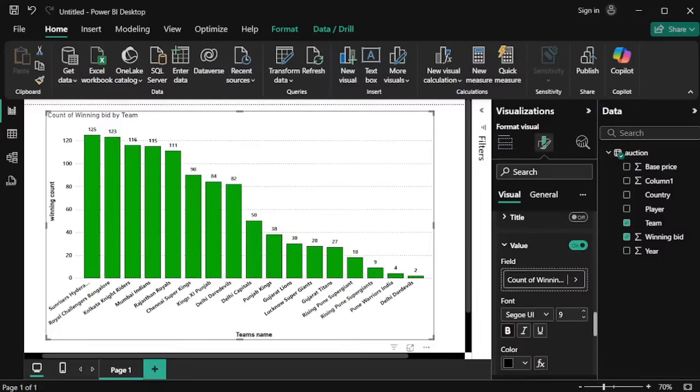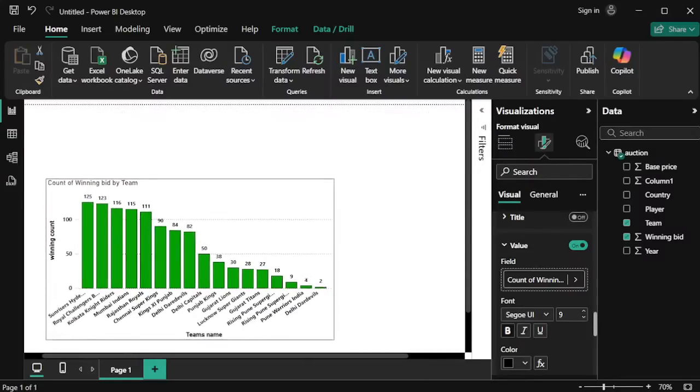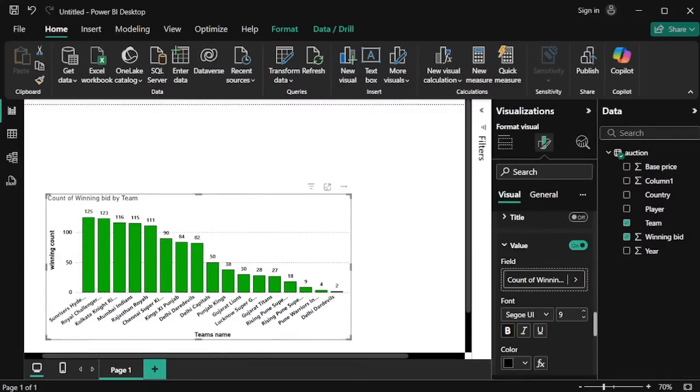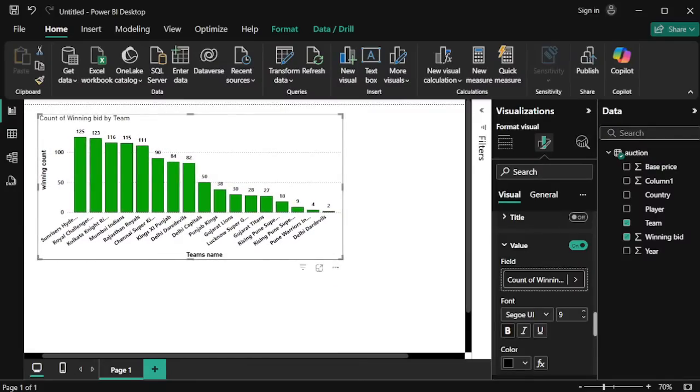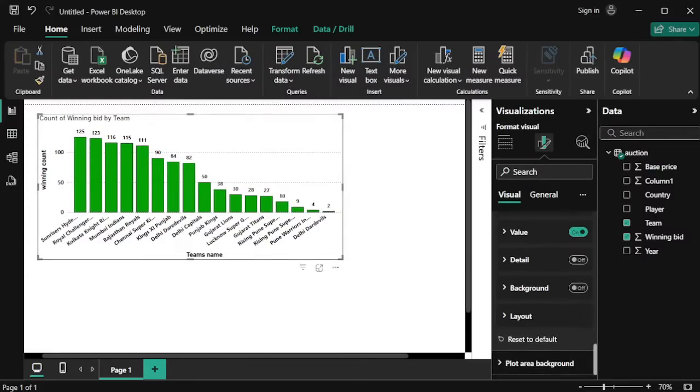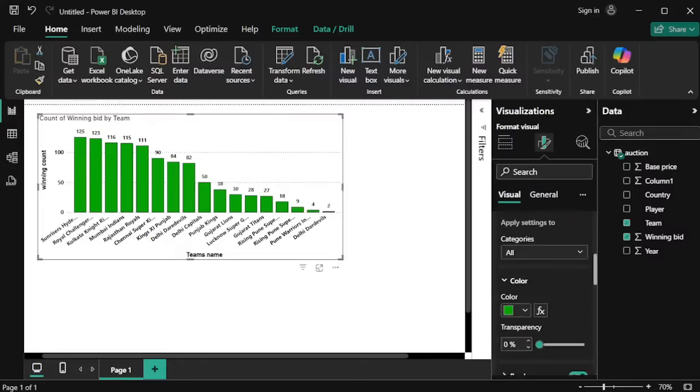So it is easy to understand. Now I see the Gujarat Lions have 30 winning counts, as well as the Delhi Daredevils have 82 winning counts. Like this way, I can easily understand the insights of this particular column chart. So sorry, I forgot the title. Okay, once I go into the title,